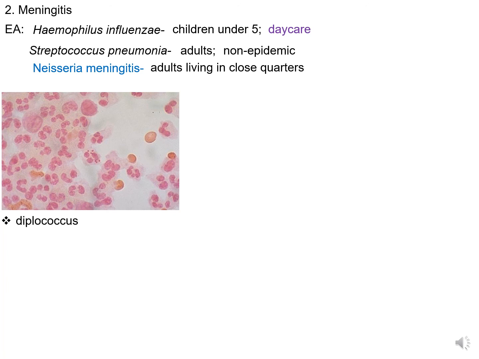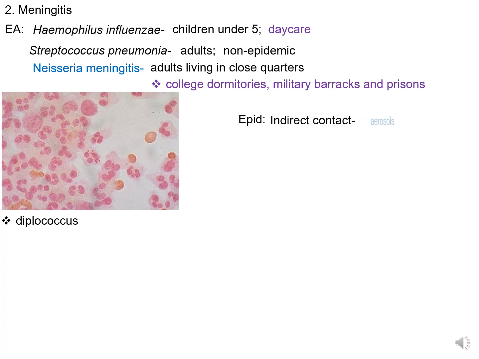And it is a very nasty organism that will be seen primarily in adults living in close quarters. We're talking about people in college dormitories, military barracks, and even prisons. Now, we're going to talk about this disease in college dormitories later on, so keep that in mind. Now, the disease itself is going to be spread, as I said, through indirect contact, and those aerosols you inhale,